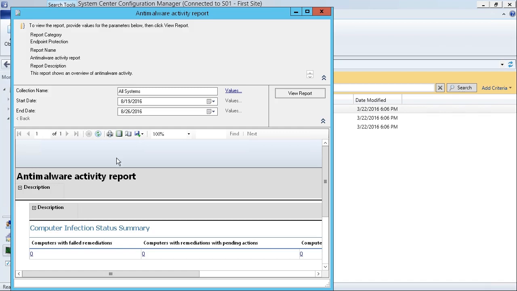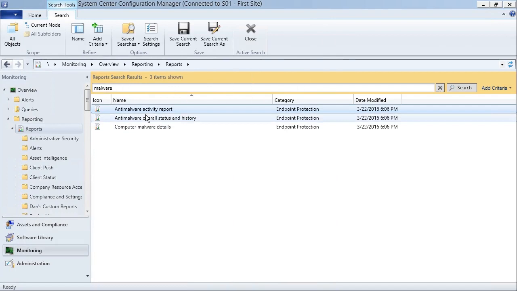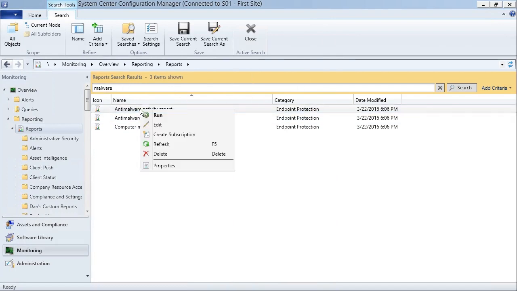That's a good thing. But notice here that we've got options to print. We also have various options to control the print layout, and we also can save the report in various file formats, perhaps as a PDF that we would manually attach to an email and send off to our IT manager, and so on. But on the automation side, we can also right click on a report and we can create